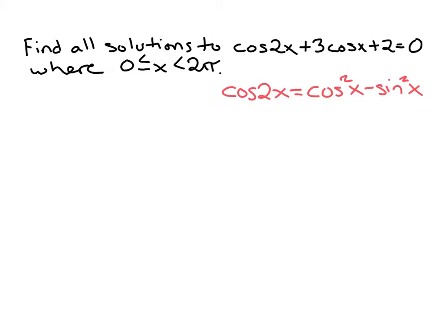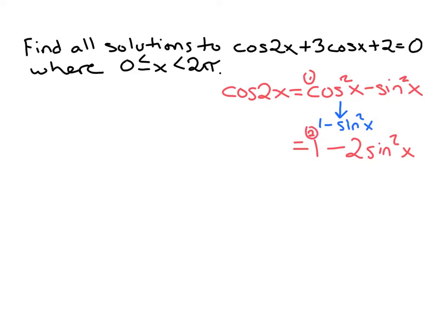You get 2 other versions of this equation when you do substitutions from your sine squared x plus cosine squared x equals 1 identity. So if you rearrange that, you could turn cosine squared into 1 minus sine squared. And then this equation becomes cosine of 2x equals 1 minus sine squared x minus sine squared x. So that's equal to 1 minus 2 sine squared x. Okay, so there's one alternate version